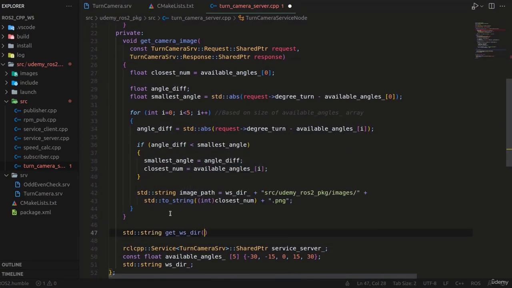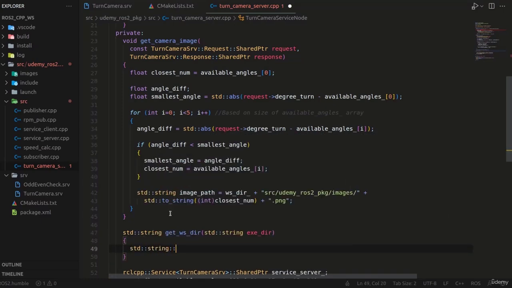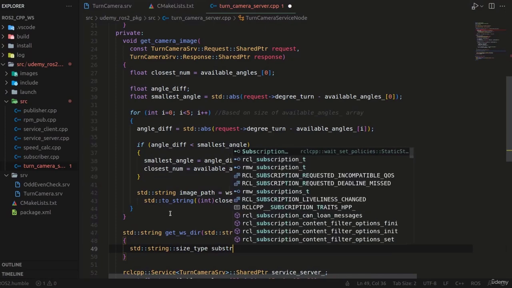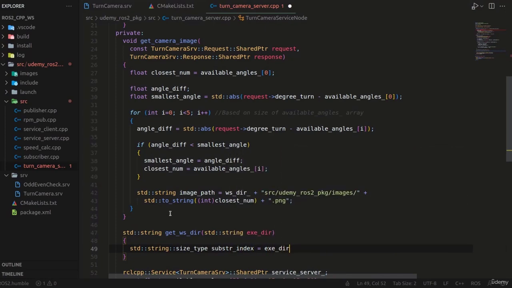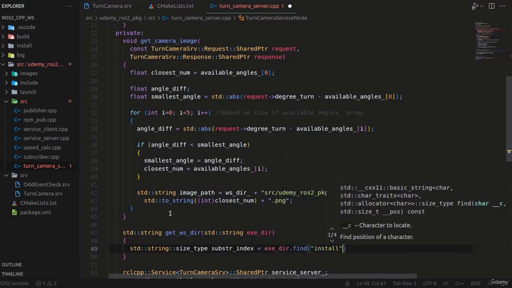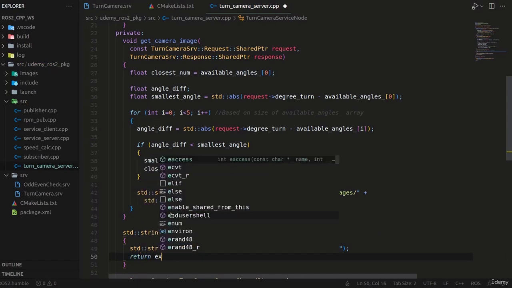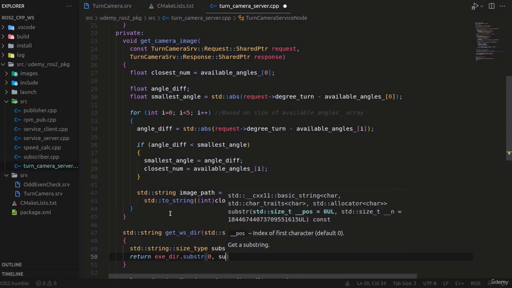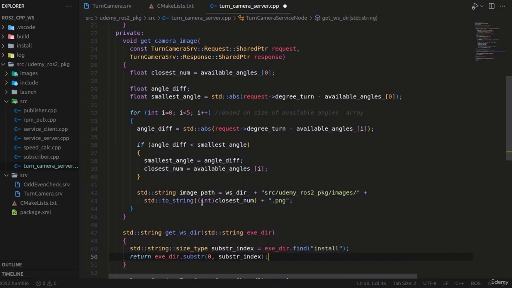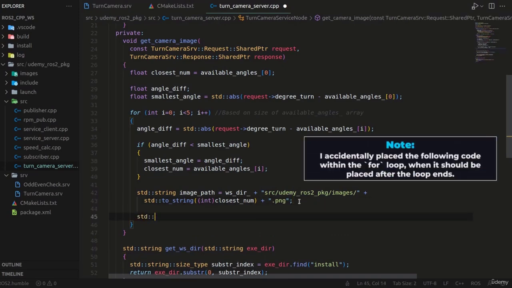This function will take in the exe directory, and I will find the index where the install directory location is. Then I will essentially delete everything past that index within the string to just get the workspace directory path. So now that I have my workspace directory variable filled, my image path should be correct. For the sake of debugging, I will print out the image path so we can see it displayed when